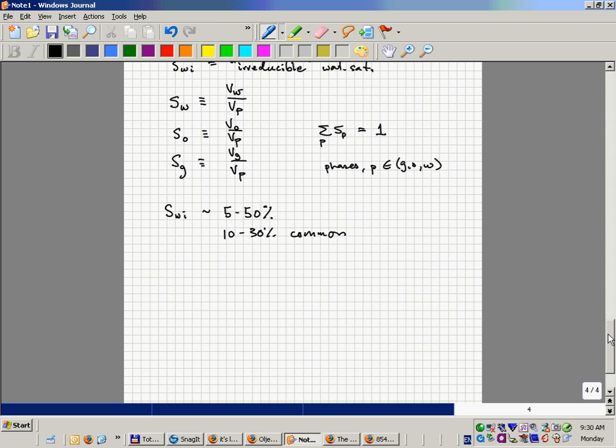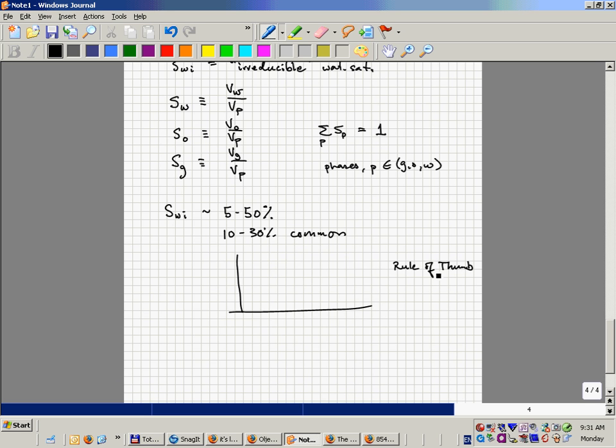In general, you can't say this in general because chalk, for example, has an irreducible close to 10. But in general, the higher the permeability, the lower the irreducible. It doesn't apply to chalk. There are many exceptions to that rule, but what you can say is a rule of thumb